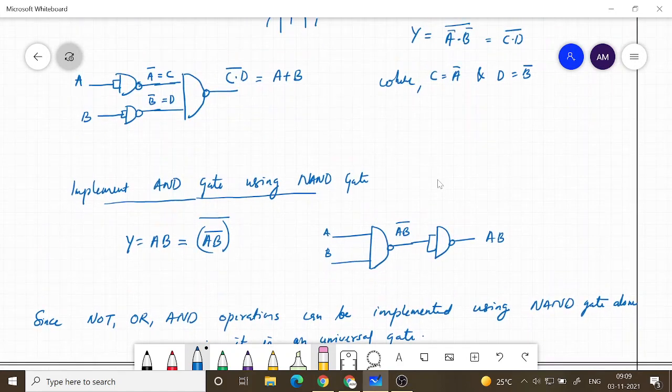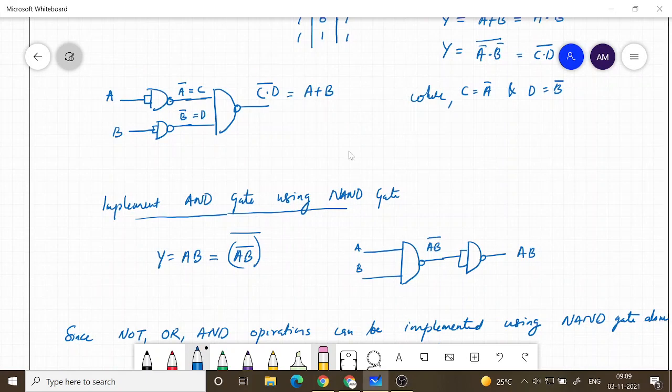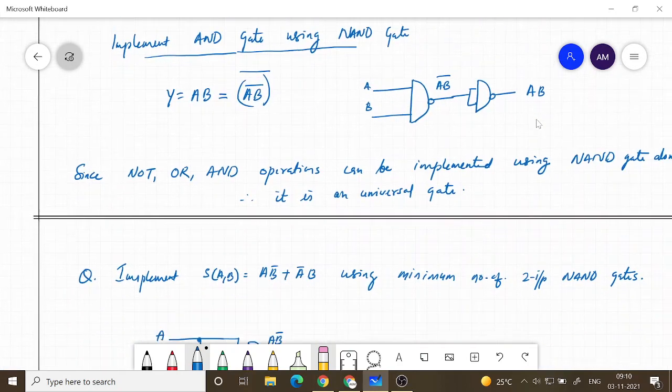So that you keep in mind. Secondly, if you have a NAND gate and you complement the input, then you get OR gate operation. So a NAND gate complementing the input gives you OR gate, and a NAND gate complementing the output gives you AND operation.